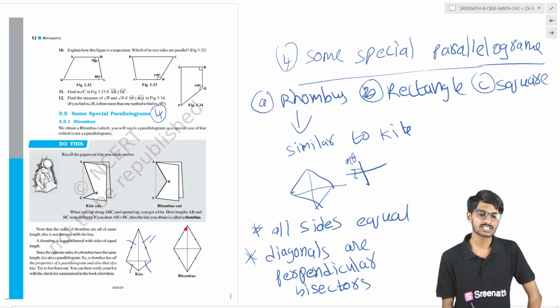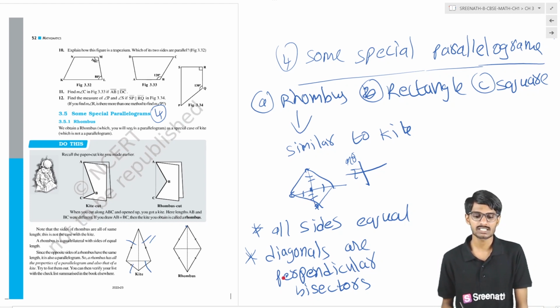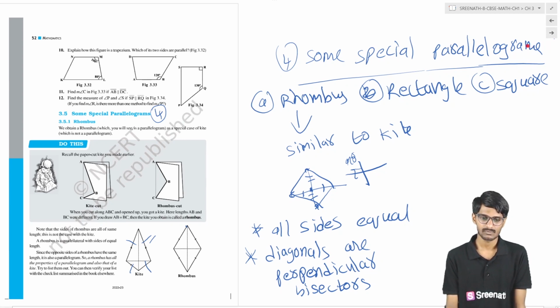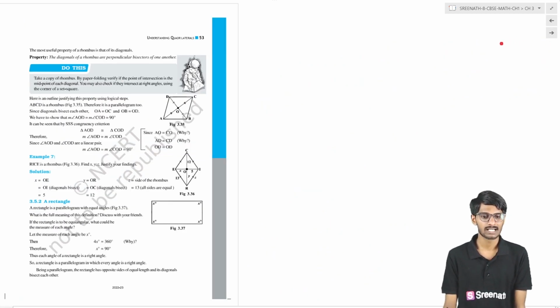Basically the distance from this point to this point is equal to the distance from this point to this point, and the distance from this point to this point is equal to the distance from this point to this point, which means that this length and this length are equal and this length and this length are equal, students. So the diagonals are bisecting at the center. It is perpendicular and it is bisecting at the center. For that reason we call it the perpendicular bisector, students. All sides are equal, diagonals are perpendicular, and diagonals bisect at the center, which means this length is equal to this length, students. Okay, students, that's what we have learned in the case of